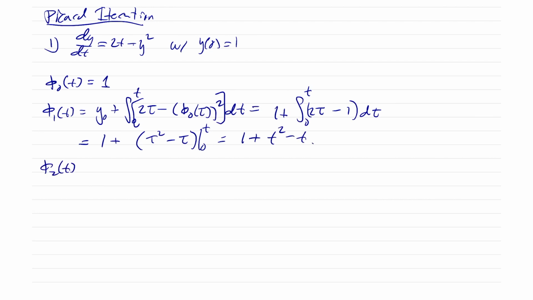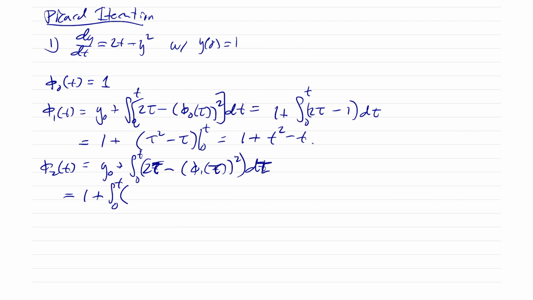Right, so we can plug that into phi 2, and so we get y of 0 plus the integral from 0 to t of 2t minus phi 1 of t squared dt. And this is already becoming a pain, so y naught was just 1, and now it's the integral from 0 to t. Oh, and that should be a tau on the inside, right? Internal variables, don't mix them up with your external variables. Good programming habits, by the way. So 2 tau minus, looks like we're going to have 1 minus tau plus tau squared, and this quantity squared, d tau, is equal to 1 plus the integral from 0 to t of 2 tau